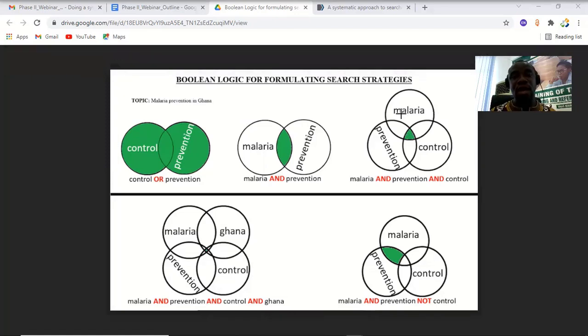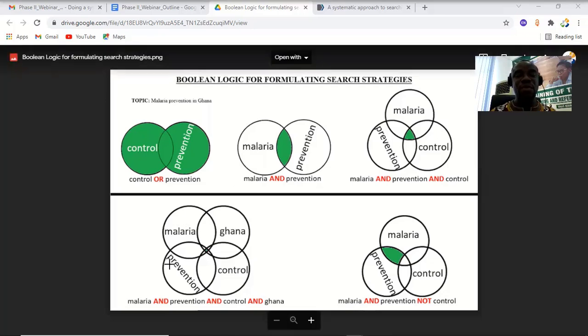All right, so at this point, it is very important to take note of how the AND logic works. The AND will narrow the result. And so you must never abuse the AND operator. Do not use it excessively, because as you can see in the example bottom left here, once we introduce a fourth term,